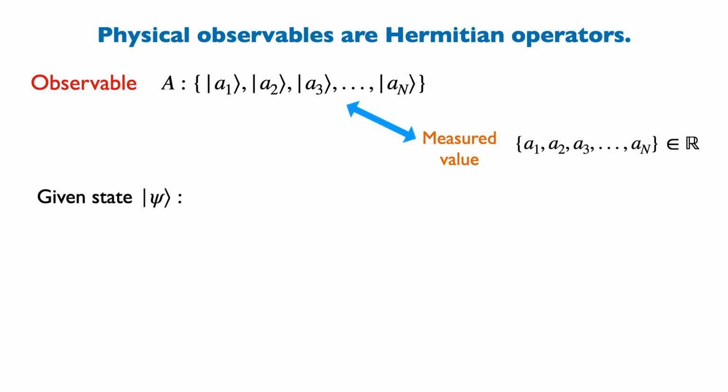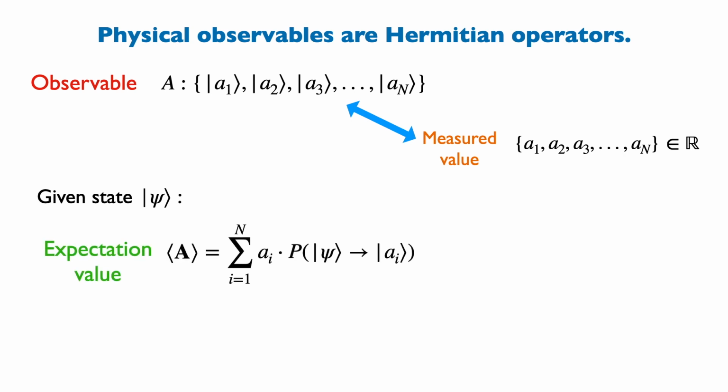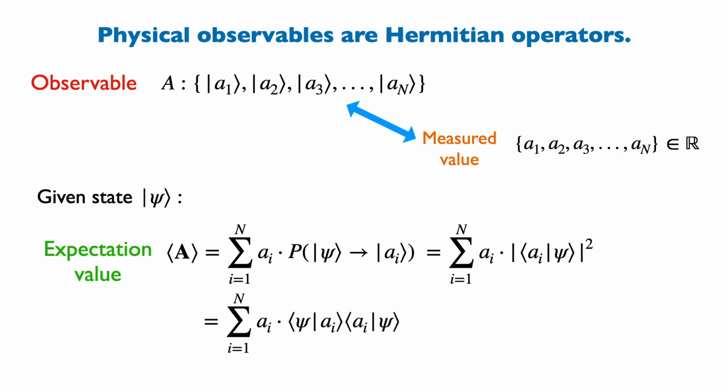Thus, when given a state psi, the expectation value of A can be calculated like so, which is the product of the measured value with its probability, summed over all possible outcomes. The probability of an outcome is given by the absolute square of the component of psi associated with it. This expression can be written as,